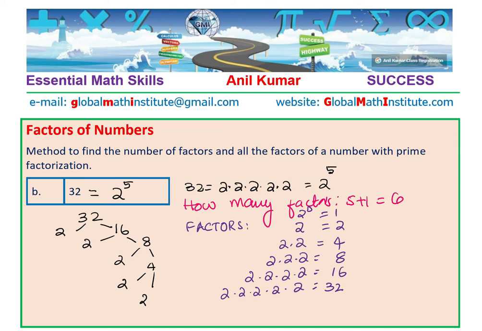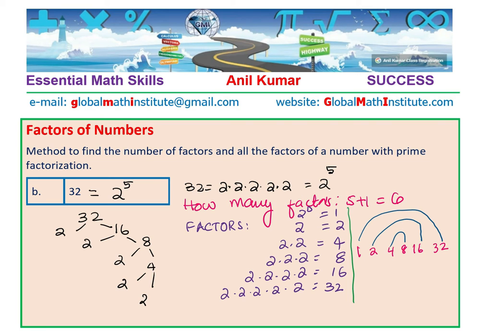Correct? So if you were to draw a factor tree for 32, you will do it like this, right? You say 1 times 32, correct? 2 times 16, correct? And then you say 4 times 8, correct? So you got 6 factors. Makes sense, correct? So 1 times 32, 2 times 16, 4 times 8. So you got these factors using the rainbow, and